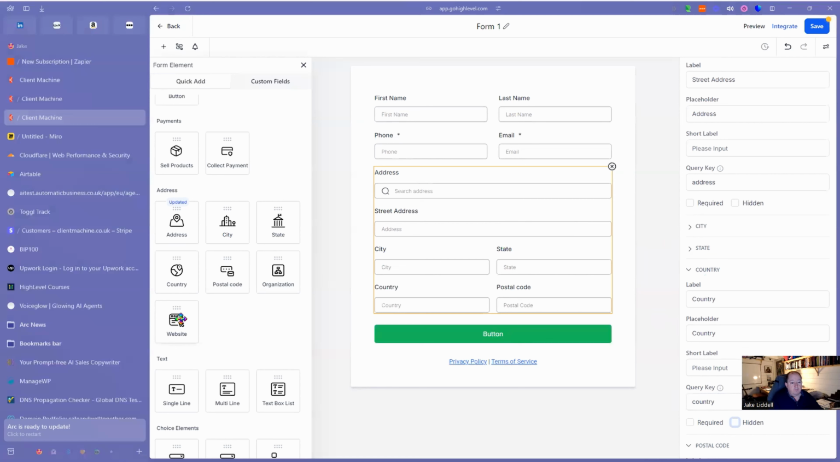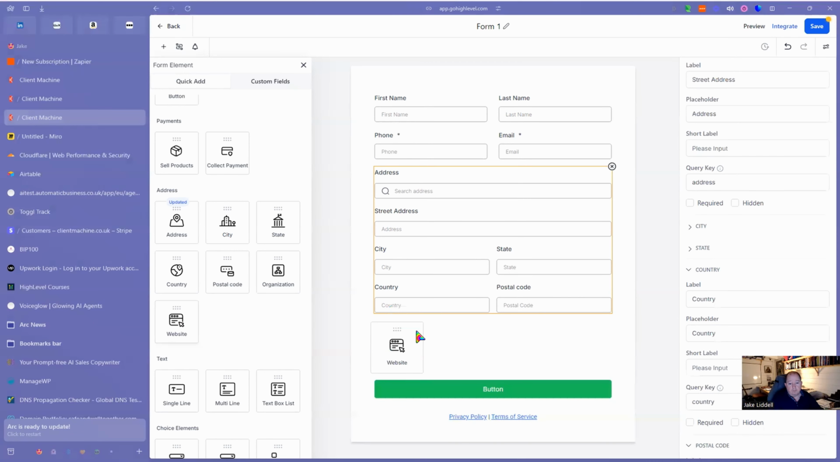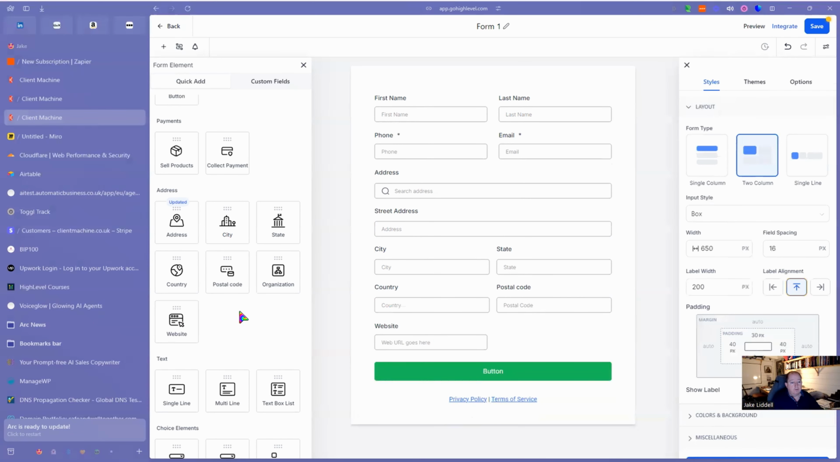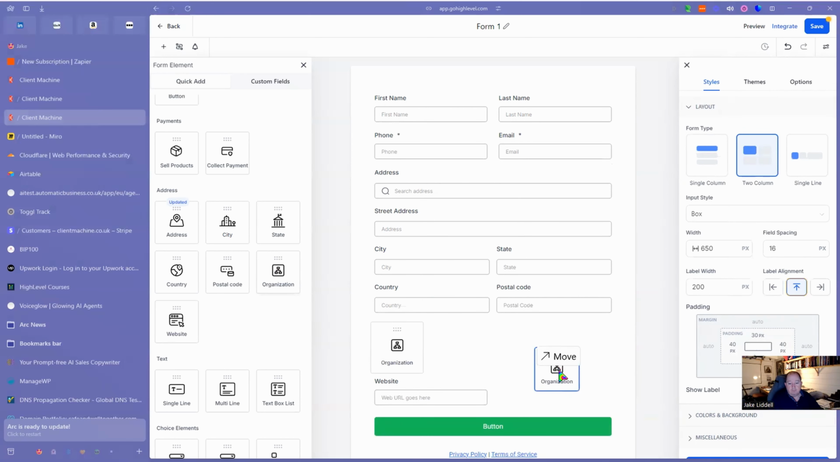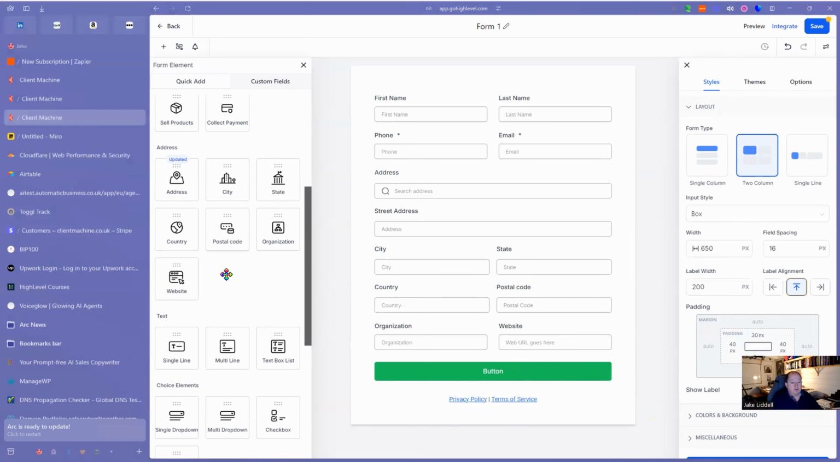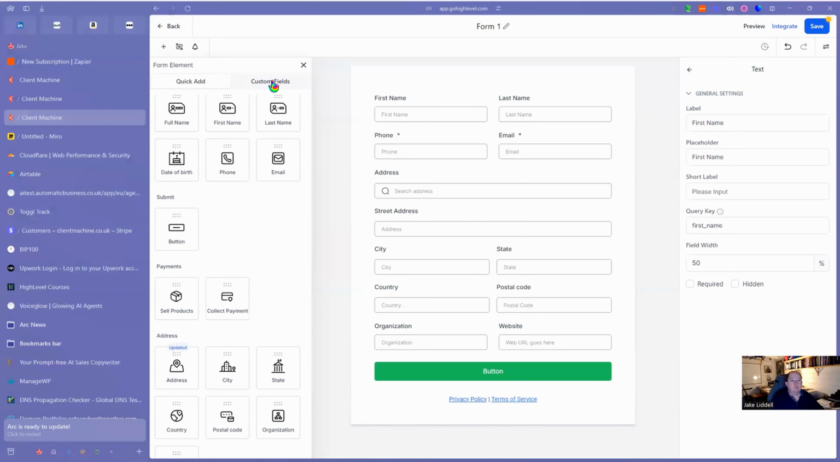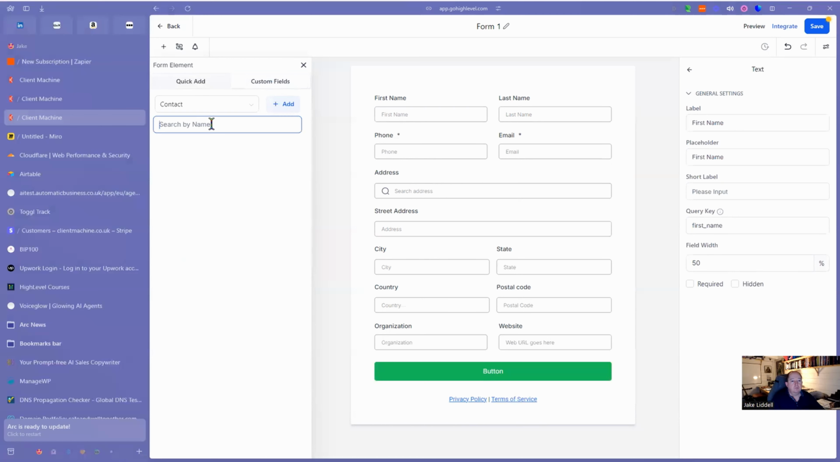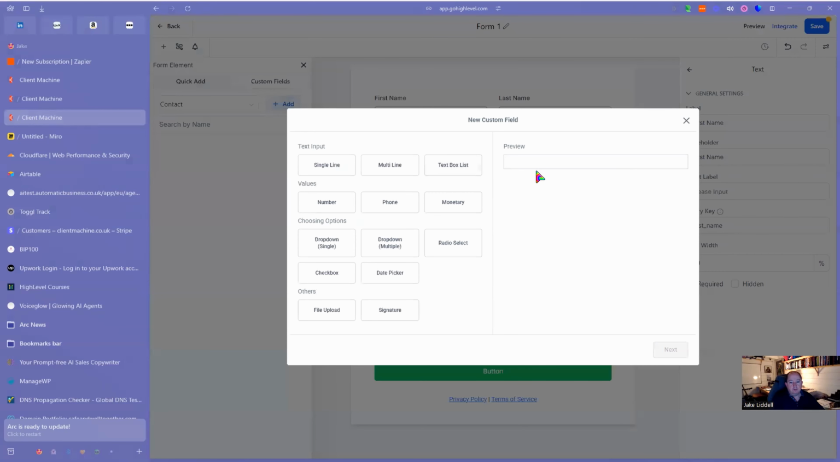So we might want to capture their website. Might want to capture the company name. What other things might we want to capture? So we're going to add some other fields in here. Normally you'd set these up once, so they'd already be here. But the other things we want to capture is